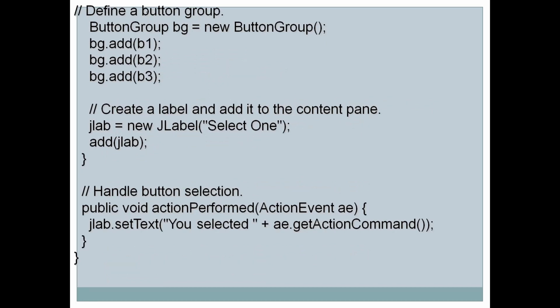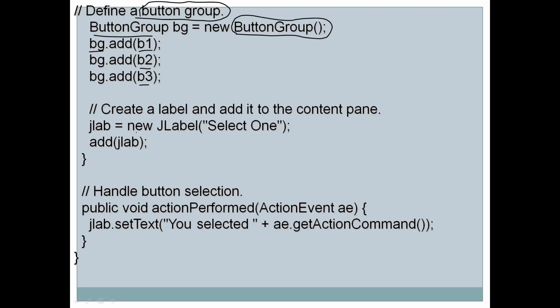And then we are adding all these three buttons into a group, and as I have said, this is important for the behavior that is mutual exclusion for a radio button. So how to create a group here? ButtonGroup bg equals new ButtonGroup. So you have to create an object of ButtonGroup, and we have to add all the radio buttons to this group by using the add method. You can see here bg.add, our radio button b1 has been added, radio button b2 has been added, radio button b3 has been added.